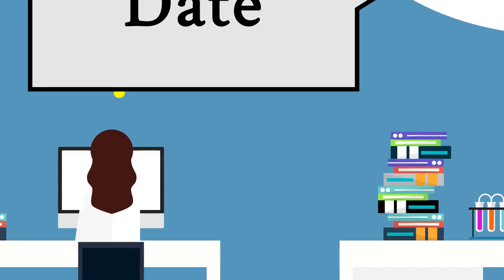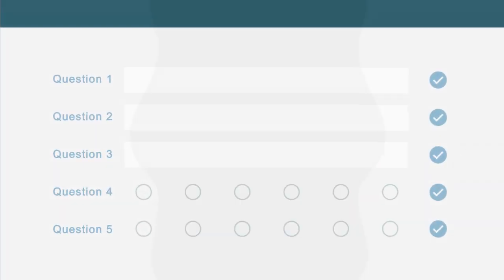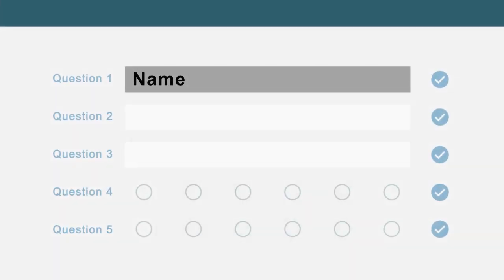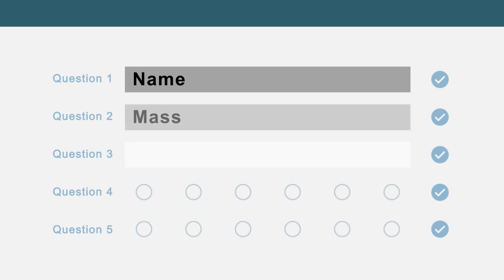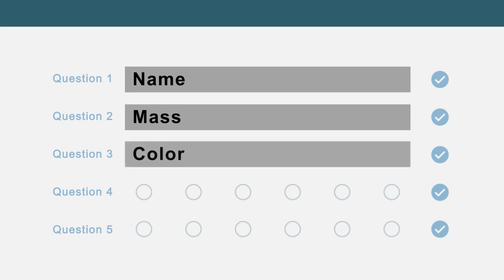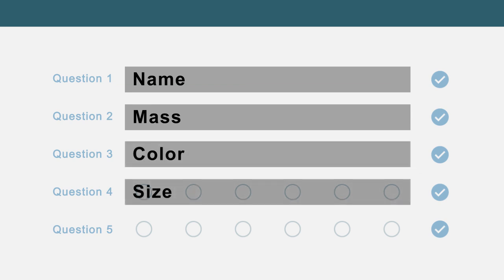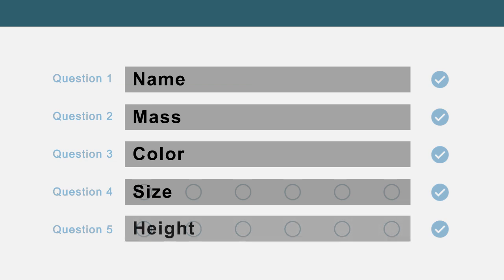CEDAR's Template Designer makes it easy to create metadata forms that enumerate the specific questions about a dataset that should be answered so that other researchers can make sense of the data. Template Designer users can explicitly define each question's answers by creating their own list of controlled terms from one or